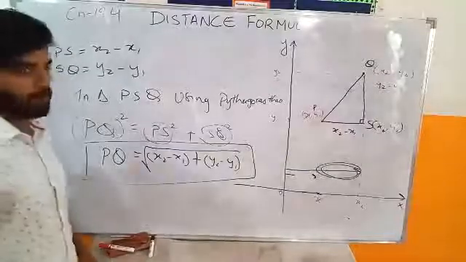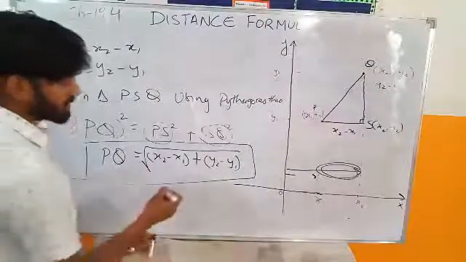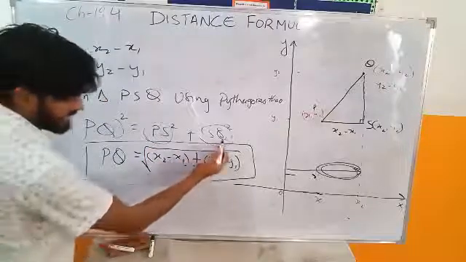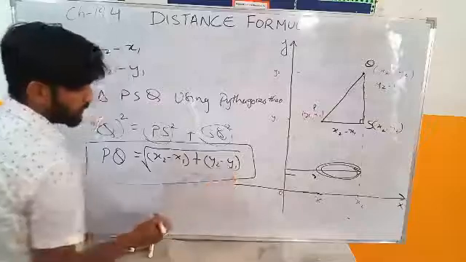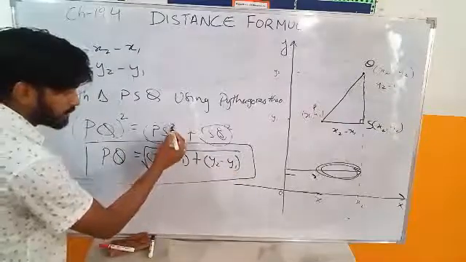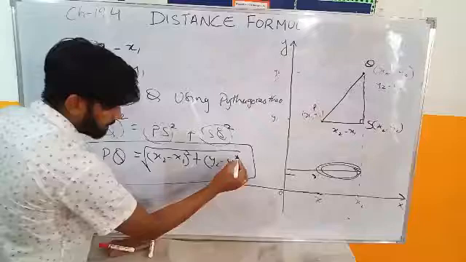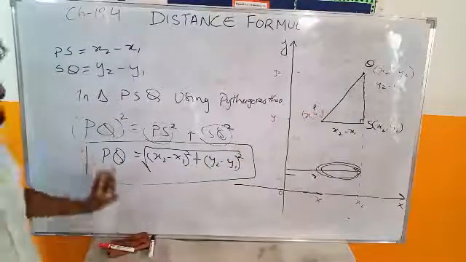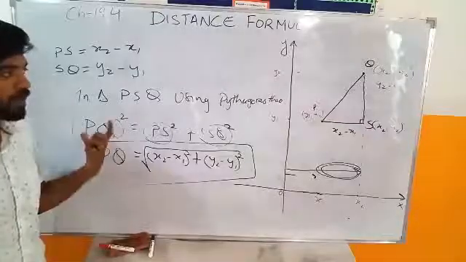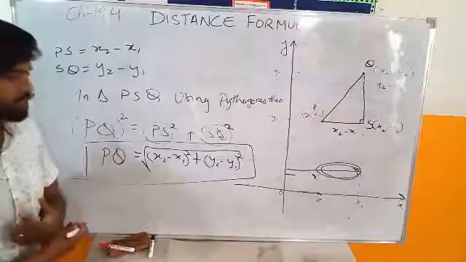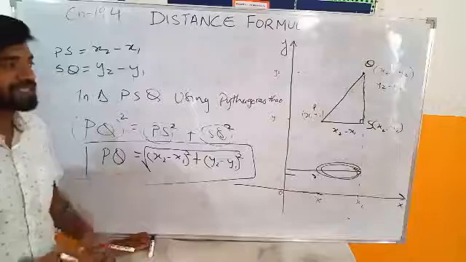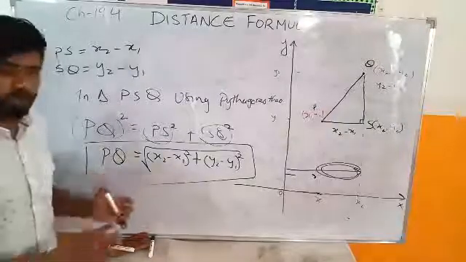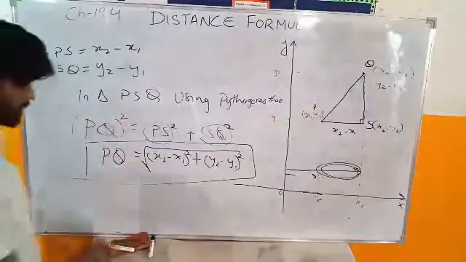Okay, but one thing that we need to notice is that यहाँ पे PS की value तो डाल दी हमने, that is x2 minus x1, और SQ की value भी डाल दी y2 minus y1, but we need to be sure that square I didn't put, so square should come over them like this. So this is the exact formula for finding the distance when 2 points are given to us. Okay, so in this exercise there is only this one formula that we'll be looking at, and all the questions are based on this formula.